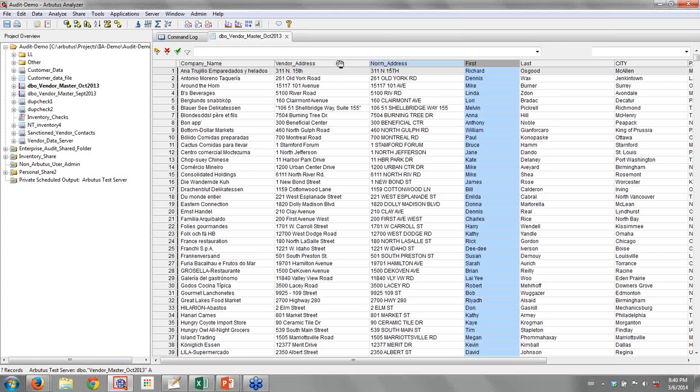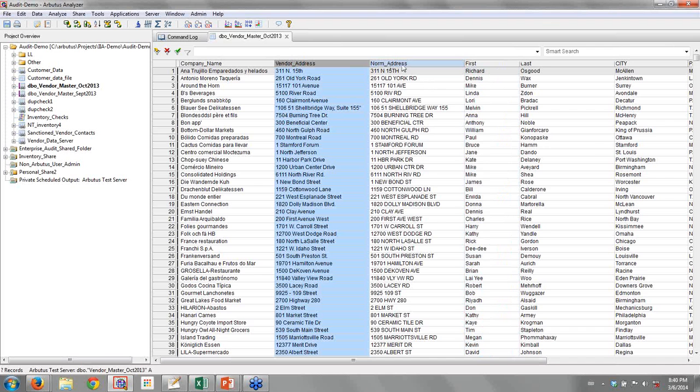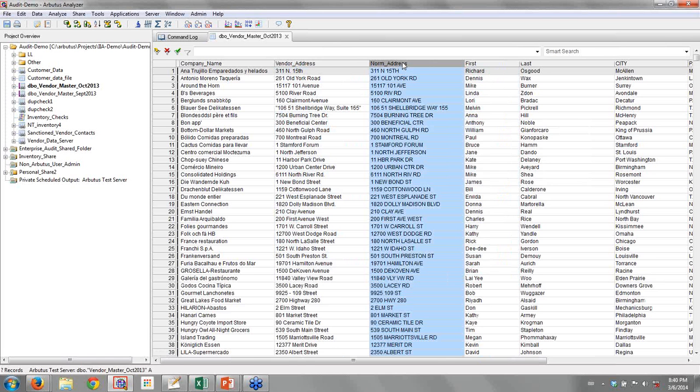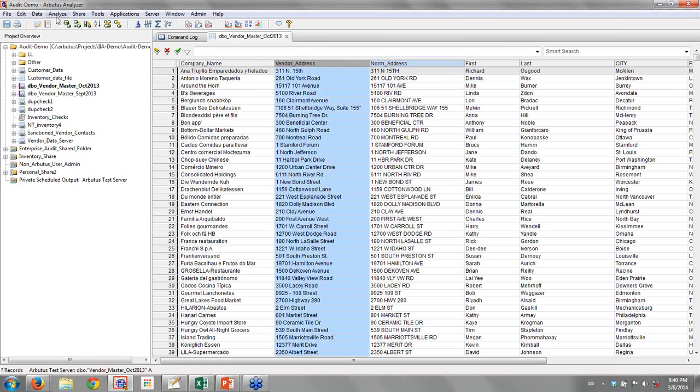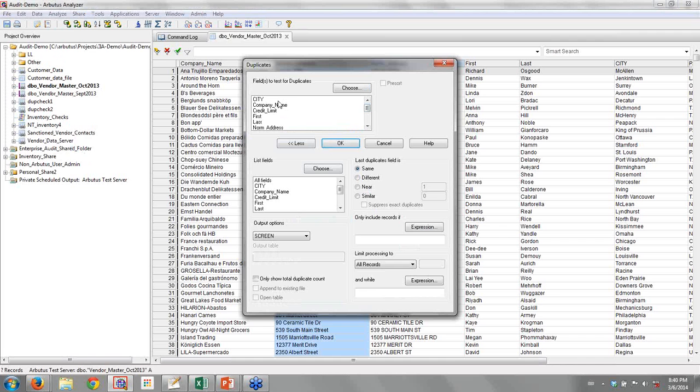So here we can see the original address, and here we can see what it looks like after you've applied this normalization computed field. You can see here Old York Road is now Old York RD. Avenue is AVE. So in this case, we're shortening them, but the key thing is that we're standardizing what is there. So if I was to go ahead and do a quick duplicates test, let's say checking on same city and the original vendor address,